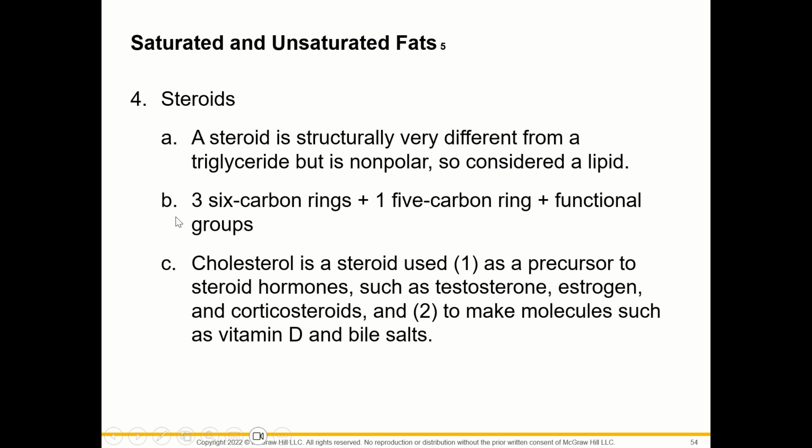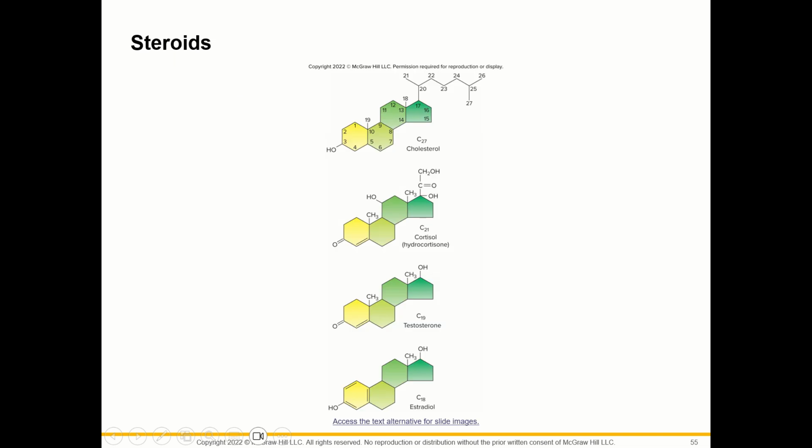Let's look at the other points on this slide. The steroid is structurally very different from a triglyceride, but is nonpolar, so it is considered a lipid. And so those 3 carbon rings plus 1 5-carbon ring plus a functional group makes that steroid. And when we see that cholesterol, that little tail that's up here where it says like the C27 cholesterol, that little tail can interact